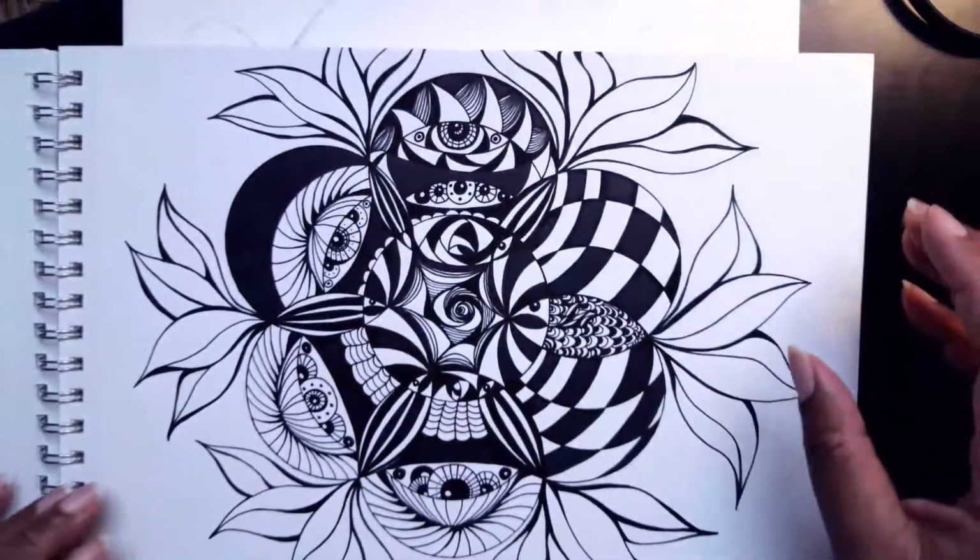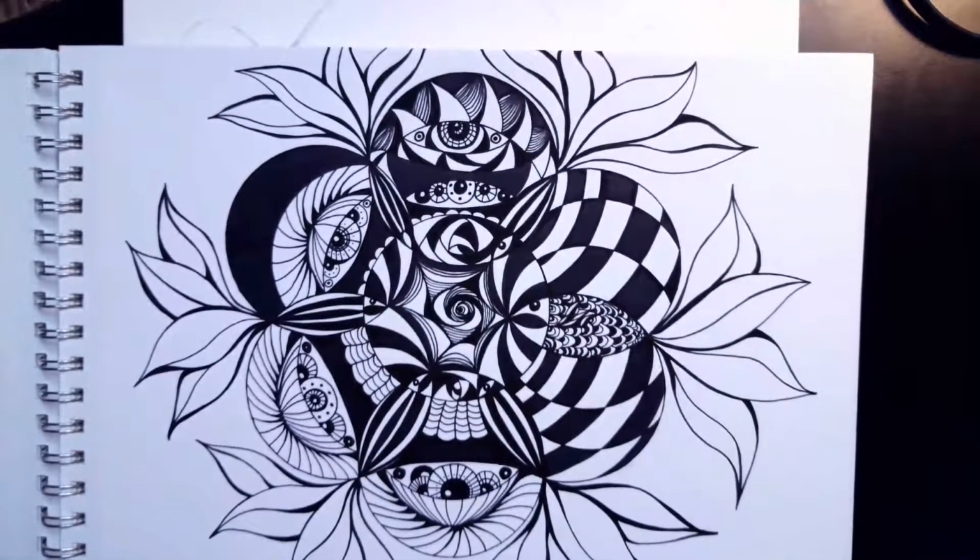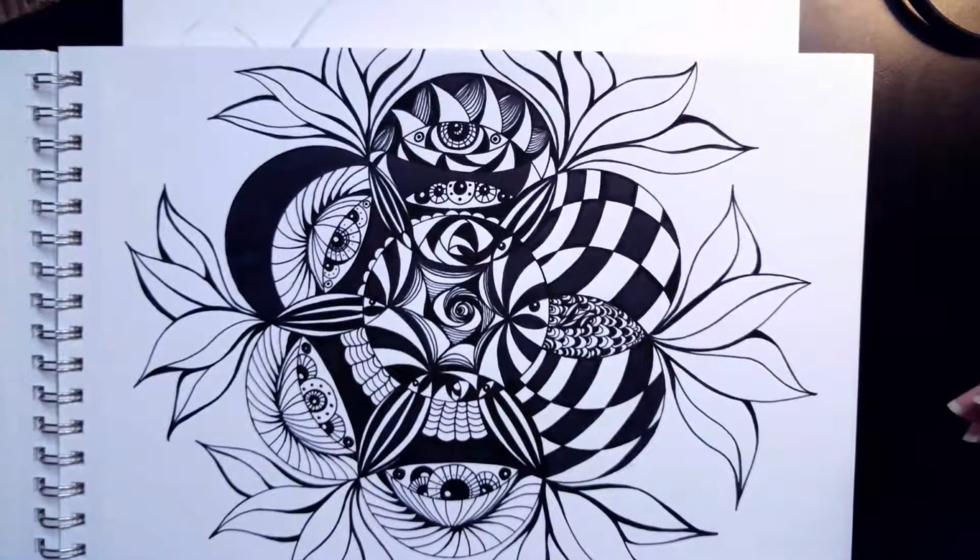And here's a design, again, circles. I don't even have a circle guide. As an artist, I should have 1,000. I actually do have circle guides, but they're like in a box somewhere. But I use just a roll of tape. That's all I use